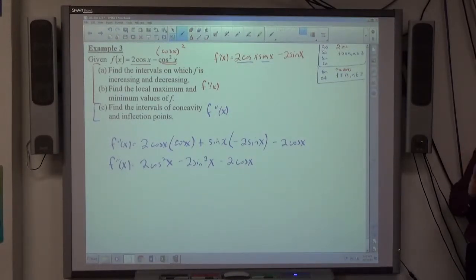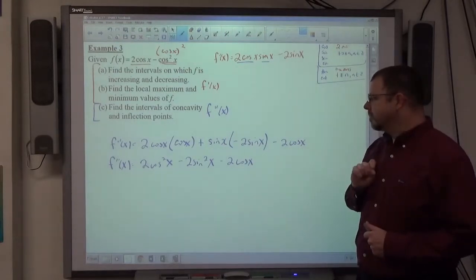Now, keep in mind when we're trying to find critical numbers, we're going to try and solve for this thing equal to 0. We're going to try and find where it's undefined, find endpoints, right? Well, cosine and sine aren't undefined, and there are no endpoints. So basically, we just have to find where these things equal 0. All right? If I'm going to solve a trig function,